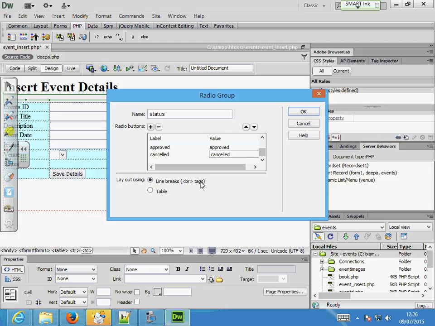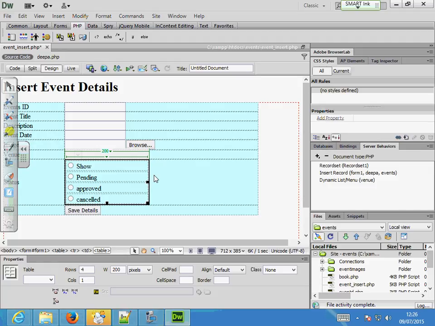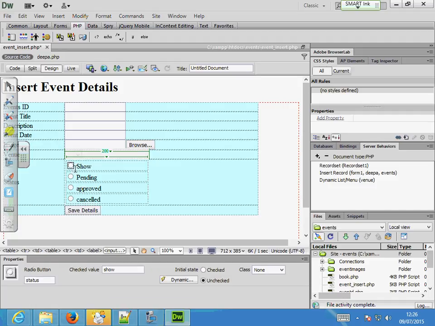How do you want that arranged, as a line break, or how? Yeah, and this is the reason I don't do it, because it doesn't give you an option. It either puts them in different lines, or it definitely puts them in a table. When you're doing them yourself one by one, you can arrange them where you want them. But the only thing you need to know is that they all should have the same ID. Does that make sense? The radio group would do it. If you are inserting them yourself one by one, you have to make sure yourself that their ID is the same, so that only one of them is selectable.